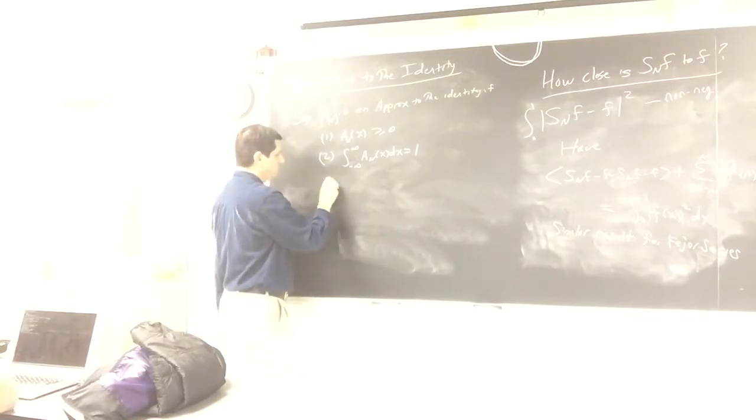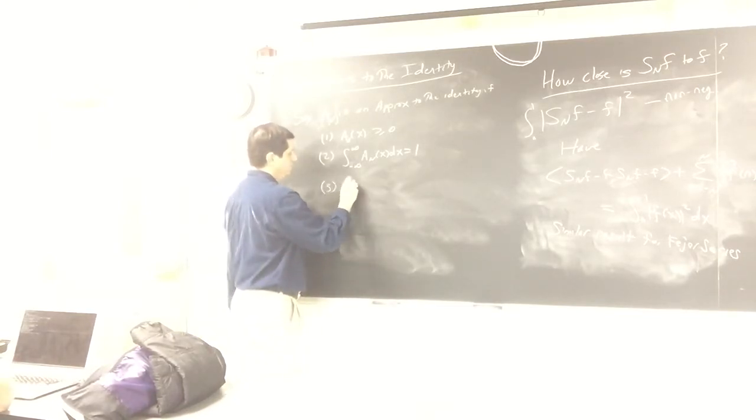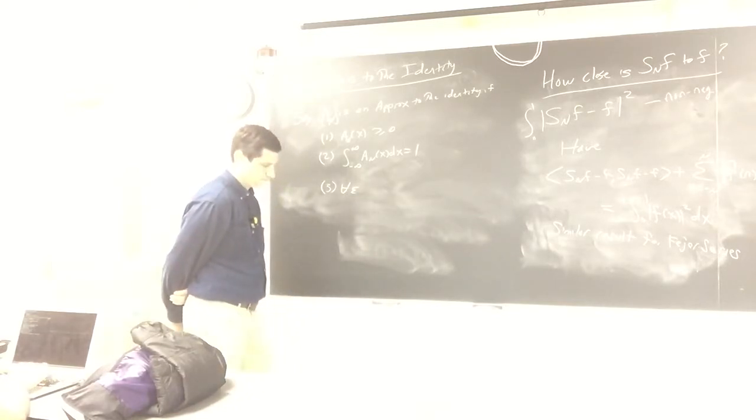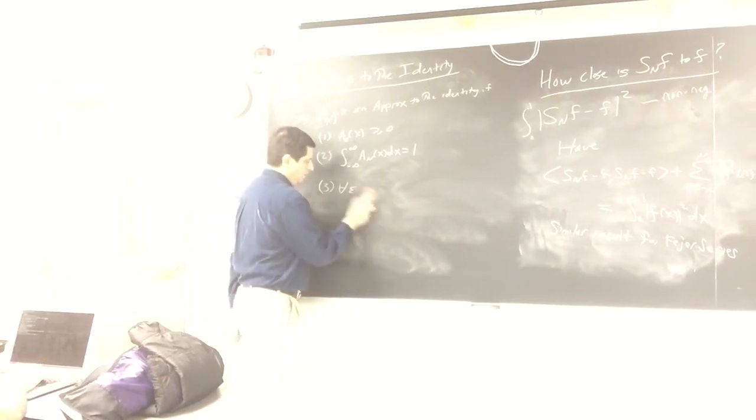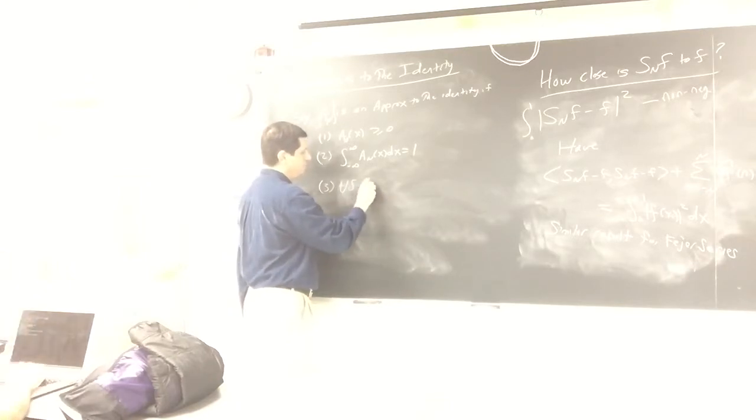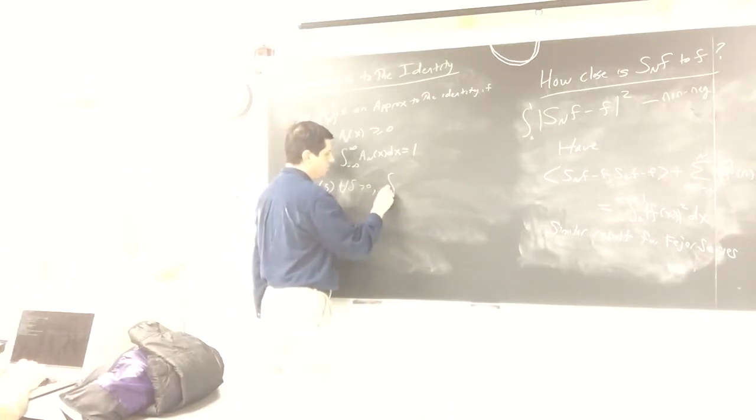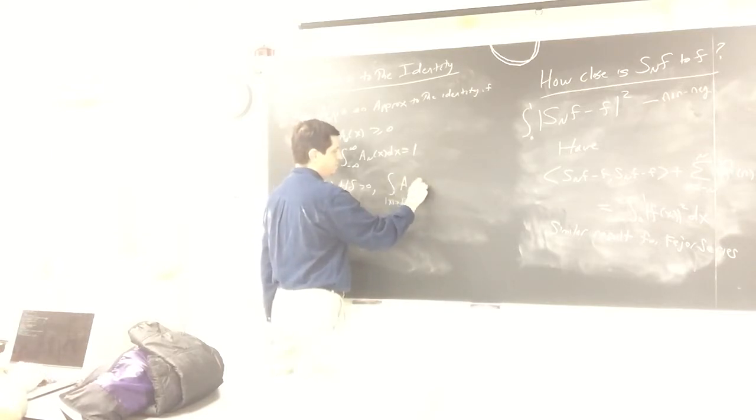And the last one is, for all delta greater than 0, the integral over x greater than delta of a_n of x